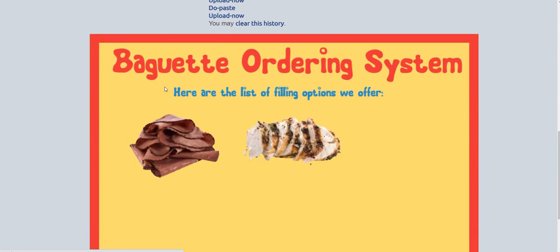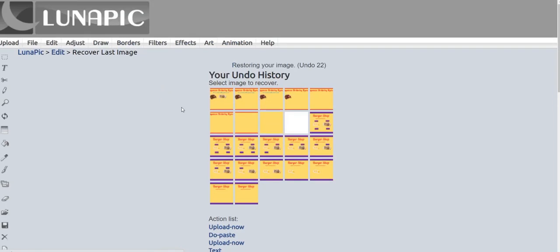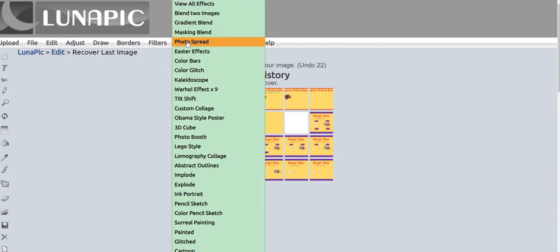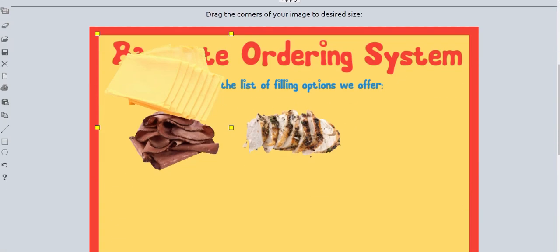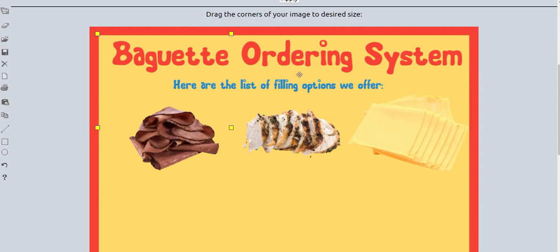And then I'm going to go and blend the images. So click on Effects and then Blend to Images. And then of course now I have my cheese over here. So now I can just resize this as well so it doesn't look too big, and perfect. There's my 3 different filling options. So I like this. I'm going to just click on Apply,